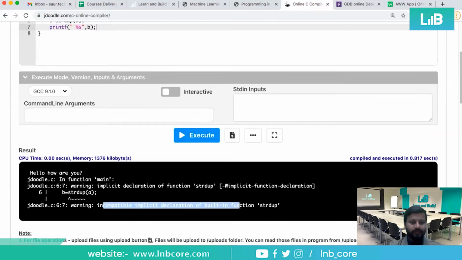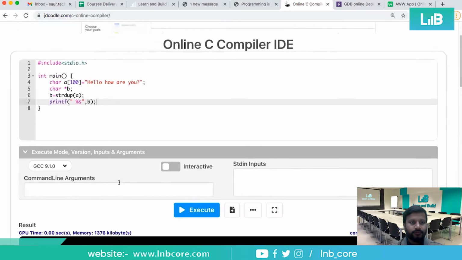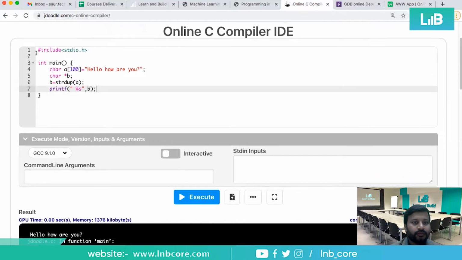Incomplete implicit function, did I make a mistake somewhere? Okay, yeah, so we need to add this line as well.